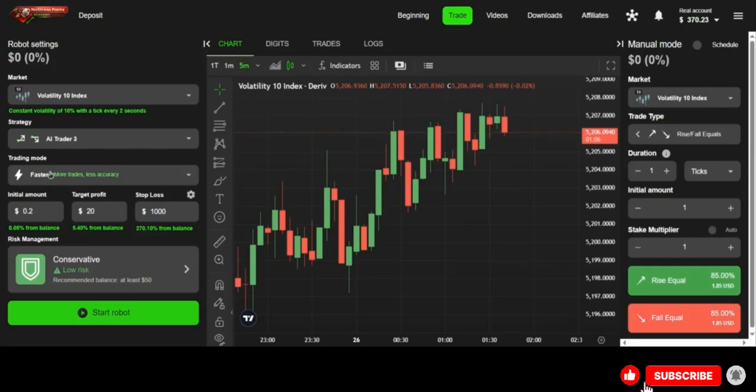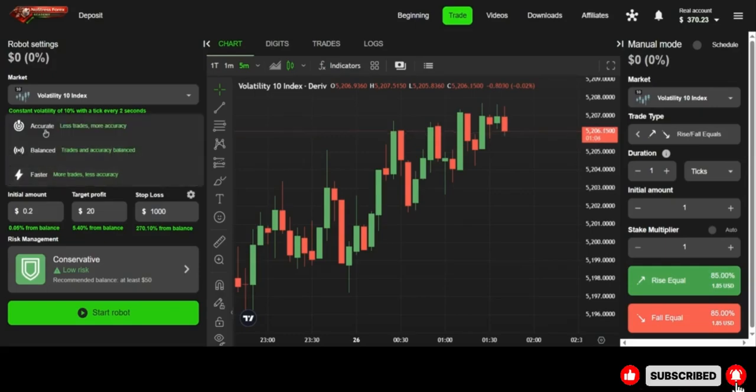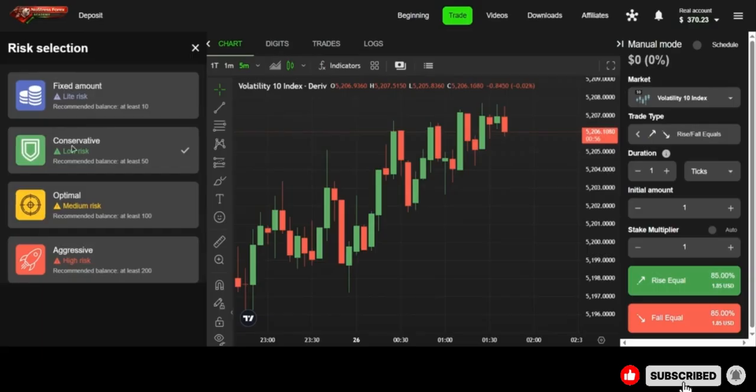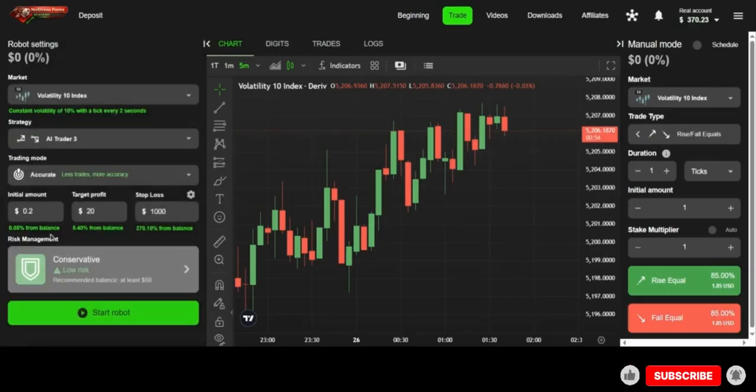You come down here for the modes. Make sure you select accurate mode. That's the best. It has the best of risk management. And you come down here for risk management plan. You select conservative. Okay, when this is done, the last part of it is your stop losses. Manage your initial amount, and the initial amount is your loss size, right? And the target profit, don't be greedy, guys. You can just put in maybe, let's say, $9,